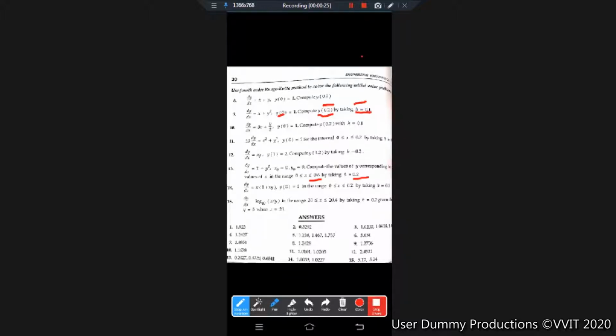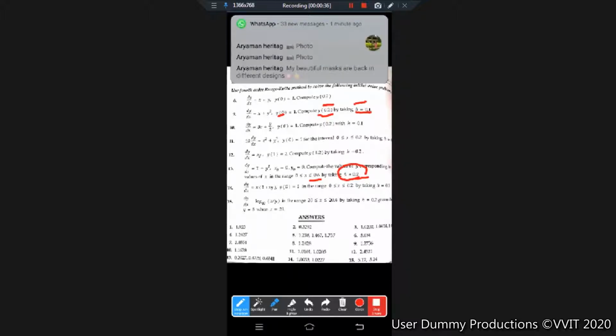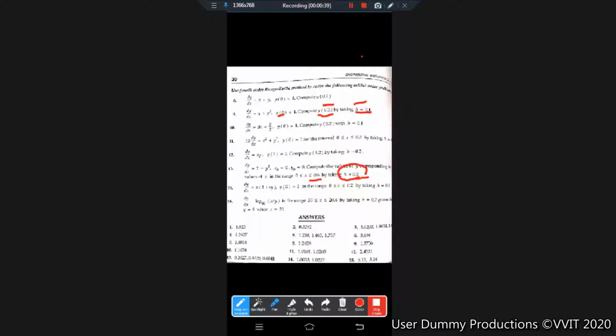But don't do that. In this problem, convert h as 0.3. Am I clear to everybody? In question number 13, put your h as 0.3. Understood? Next, 14 has only 2 stages because h is 0.1, and coming to 15, of course, there are only 2 stages because h is 0.2. So only for question number 13, you should take the step size as 0.3. Understood, everybody?